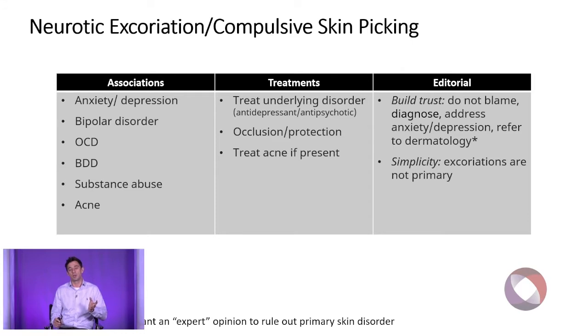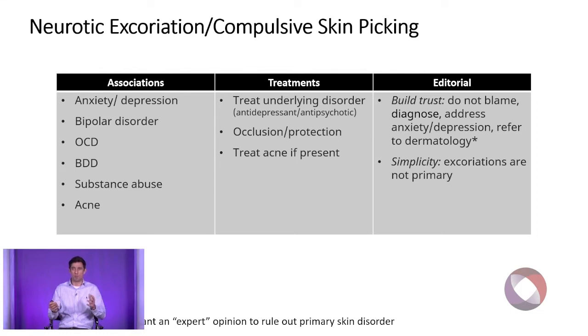So how do you do this? You're going to build trust with the patient, and then you're going to get a relationship with a dermatologist. As opposed to the first diagnosis, which was prurigo nodularis, like when you go to the dermatologist with that, there's a lot that the dermatologist can do. We could do a biopsy that will convince the patient, because if you do a biopsy of a prurigo nodule, the pathologist will say, prurigo nodule. Biopsy of an excoriation,